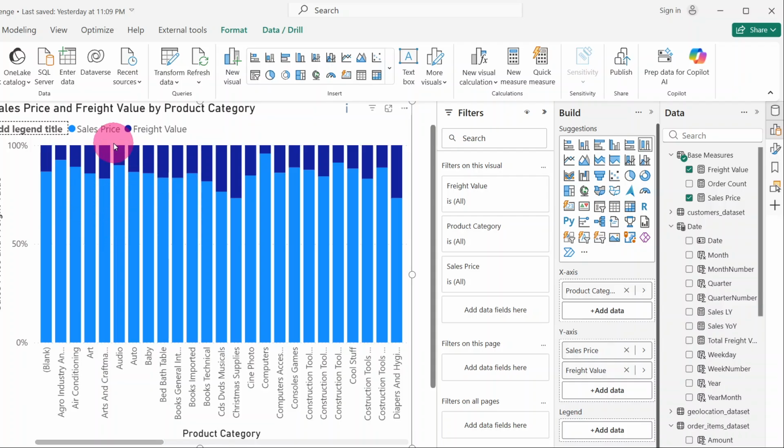If you see, look at the legend. The lighter blue is the sales price, and then the deeper navy blue is the freight value. Come to this region, products like Christmas supplies and so on and so forth. The freight value is somewhat significantly high, I mean, proportional to the sales amount compared to other products. For example, this one,